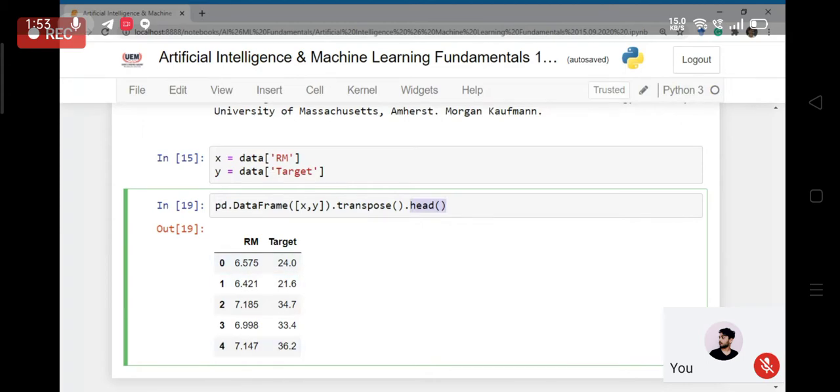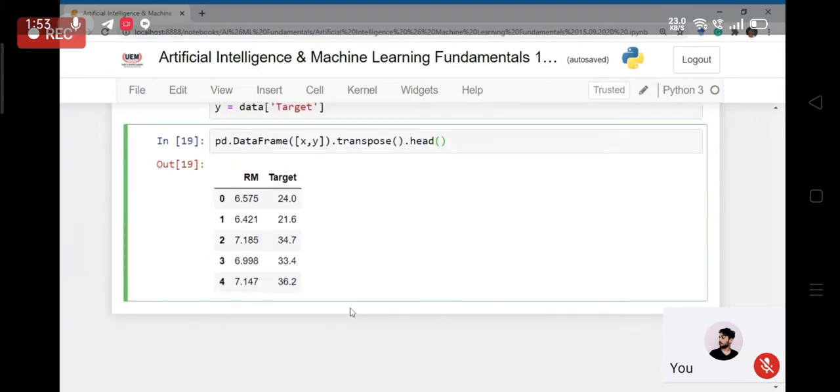That's why I have used this function here. So this is what it looks like, X and Y. This is my independent variable, this is my target variable. And I want to build a machine learning model so that given an average number of rooms, I can predict the price of that house. That is what I want to predict.